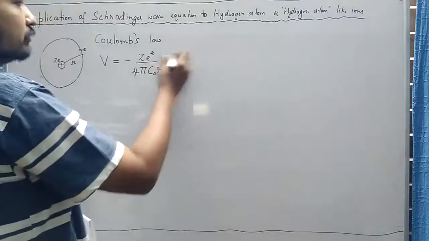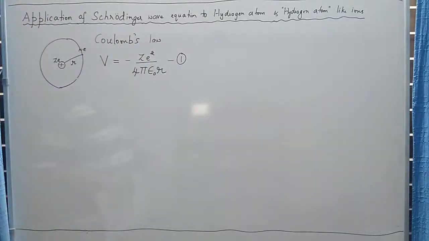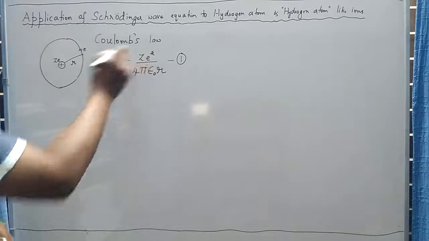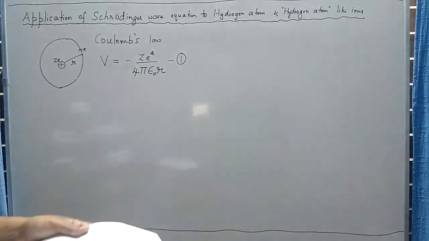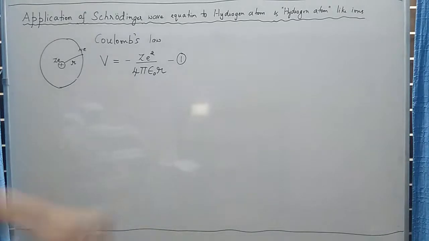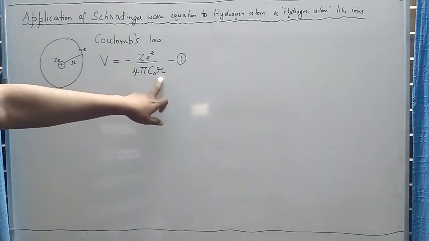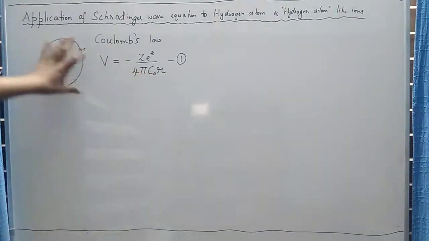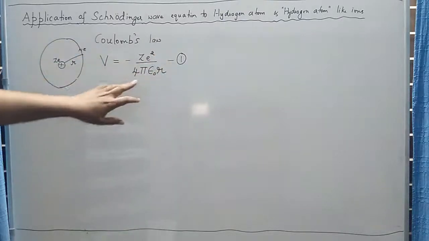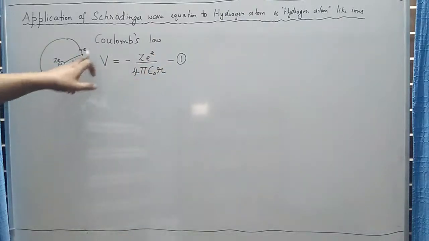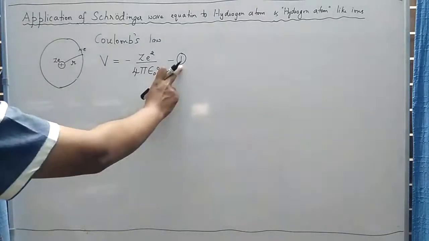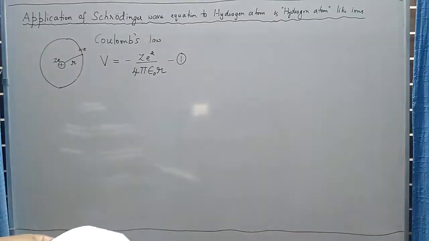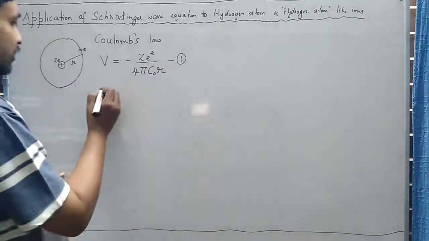the Coulomb's law. As I already told you, Z stands for atomic number, E is the charge of the electron or the proton, epsilon naught is called the absolute permittivity of free space, and R is a variable, we don't know the exact value of R. So R is nothing but the distance of the electron from the nucleus. Now this potential energy that I have given by this equation 1 is called